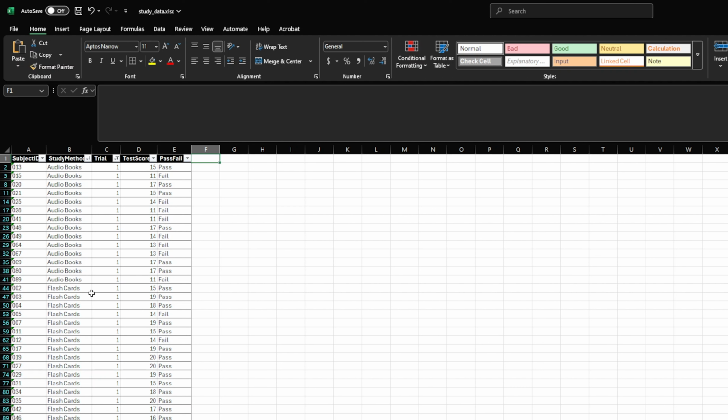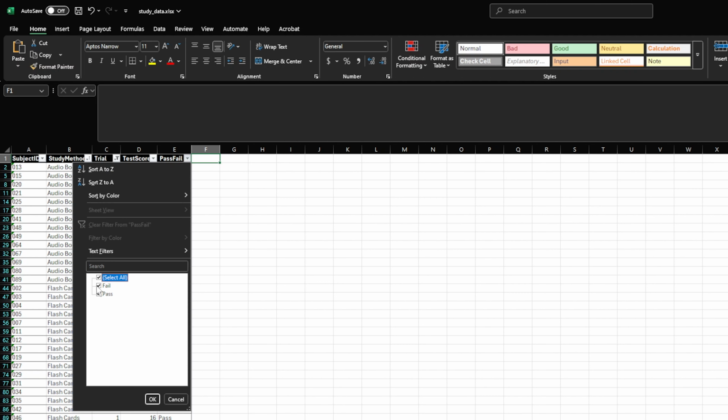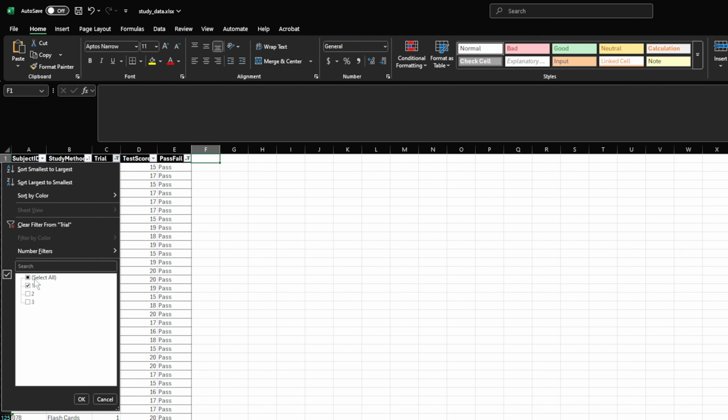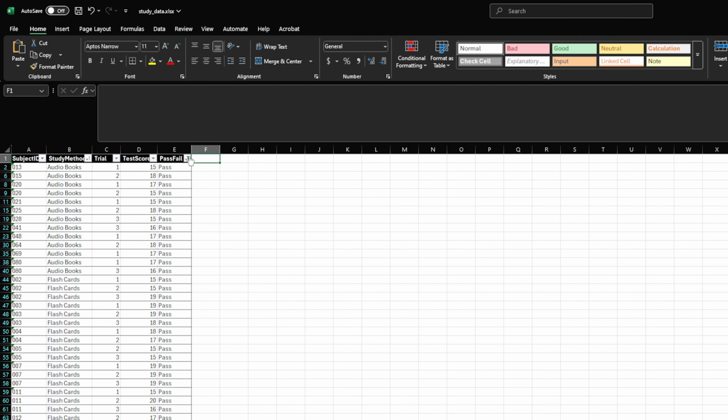Filtering is temporary, though. It's not deleting that data, it's just hiding the extraneous data so that we can focus on just the slice that we're interested in. We can also stack filtering or sorting operations across multiple columns. For example, we can view just those records which passed on trial 1 by adding a second filter. Or if we clear our filters, so select all in both of these columns,